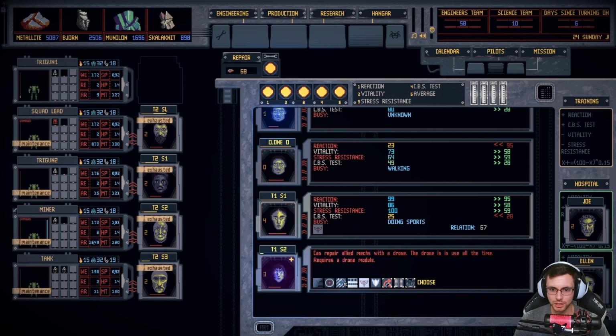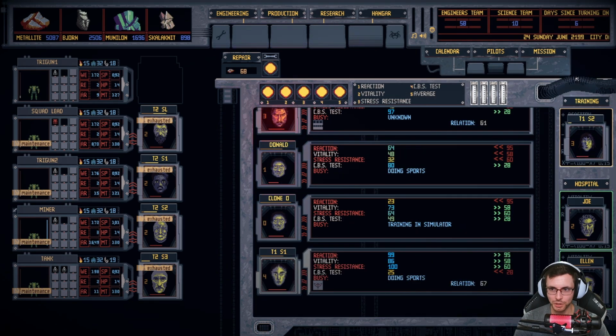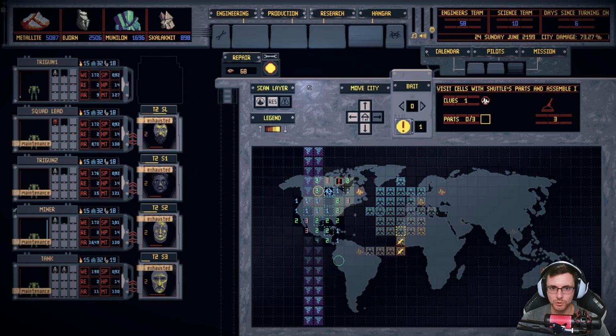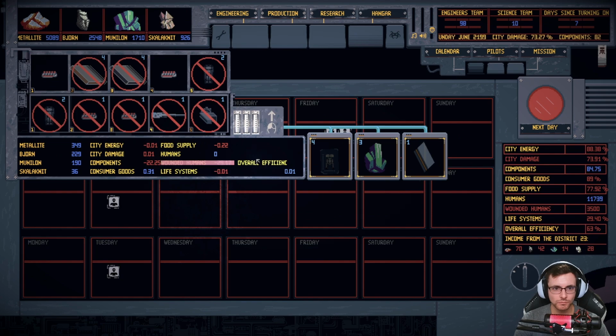Can repair allies with a drone. Okay, you're partying. That's fine. But for right now, let's keep moving. And we do want to repair a minor amount of damage. Not a big deal at all. We got some engines here. Excellent. We are still working on some of our other repairs. We're going to have these guys done in...